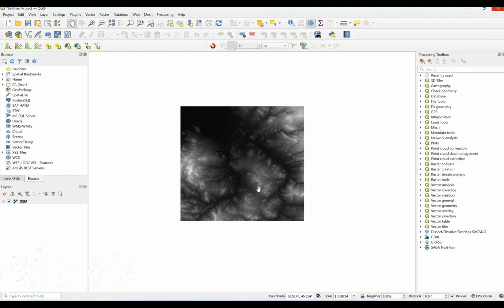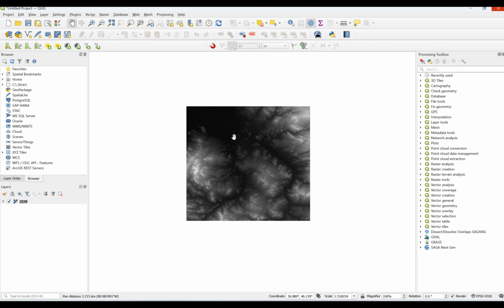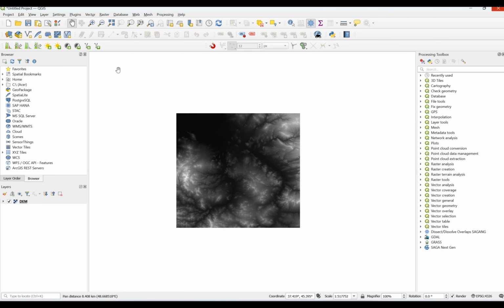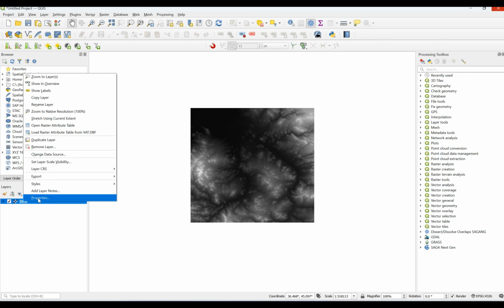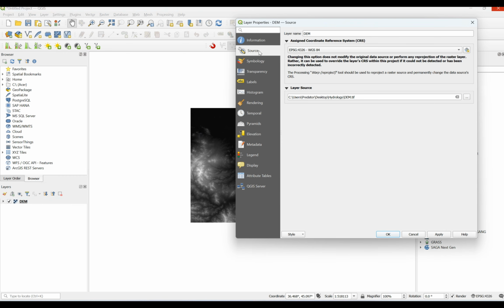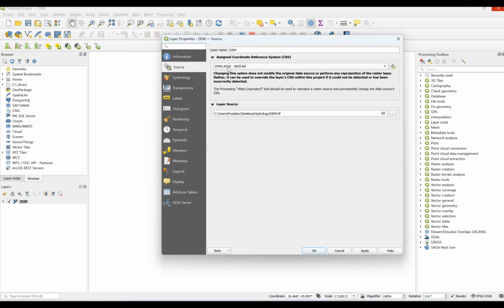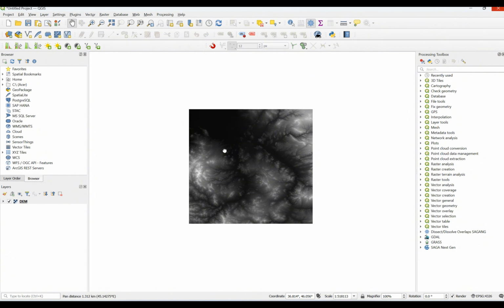Okay, let's start. To do this, first of all, we need to import our digital elevation model into QGIS software. I'm going to use this one, and as you can see, it's successfully added. In the next step, I need to check its coordinate system to be correctly referenced. From properties, I can do this, and from source, here we can see the assigned coordinate system for my file, and it's correct. If it's not correct and you need to change that, you can use a raster